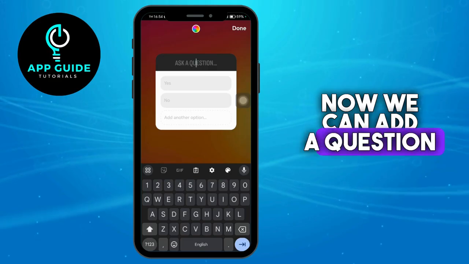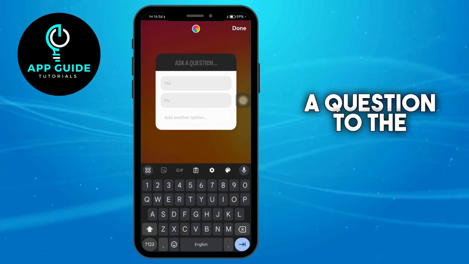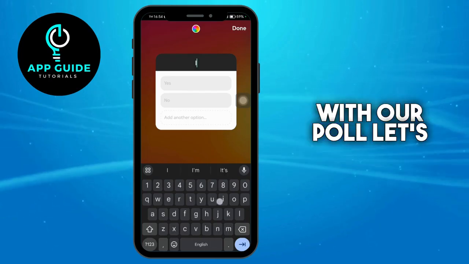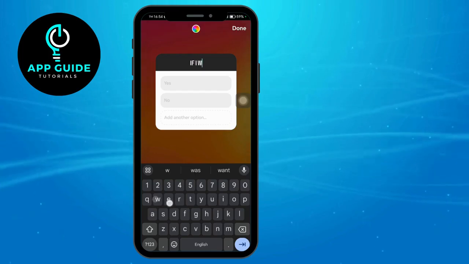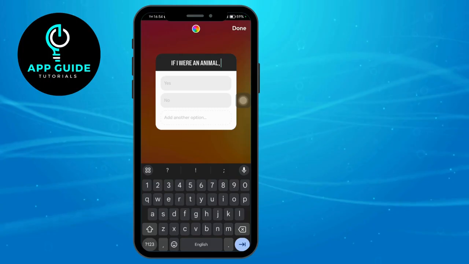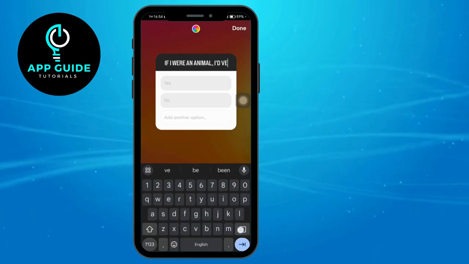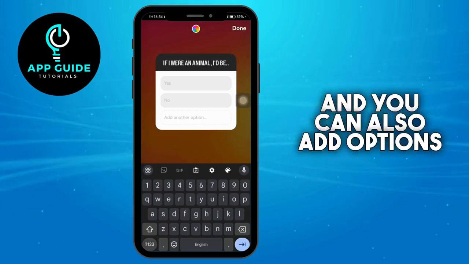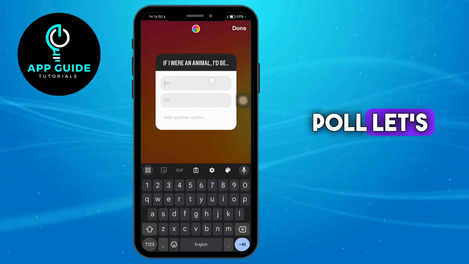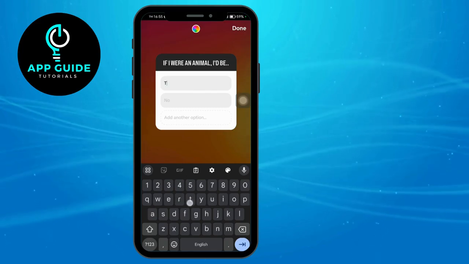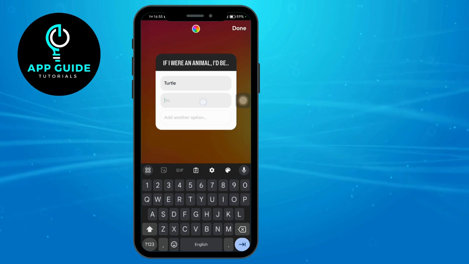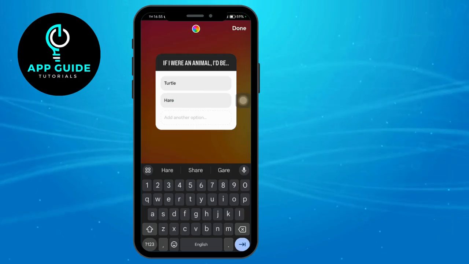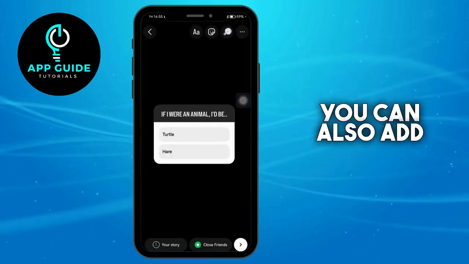Now we can add a question or ask a question to the majority of our followers and they can answer to it and interact with our poll. Let's say, and you can also add options to your poll. Let's say, you can also add music,